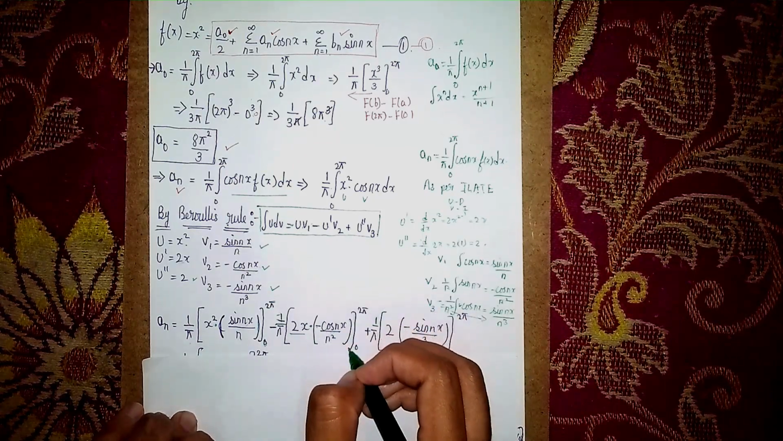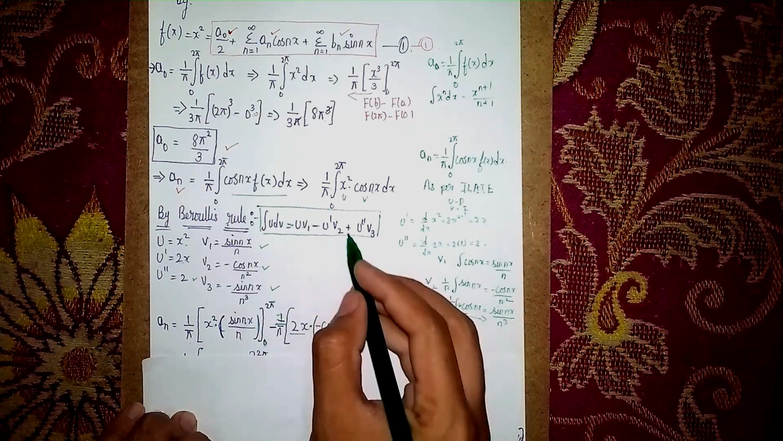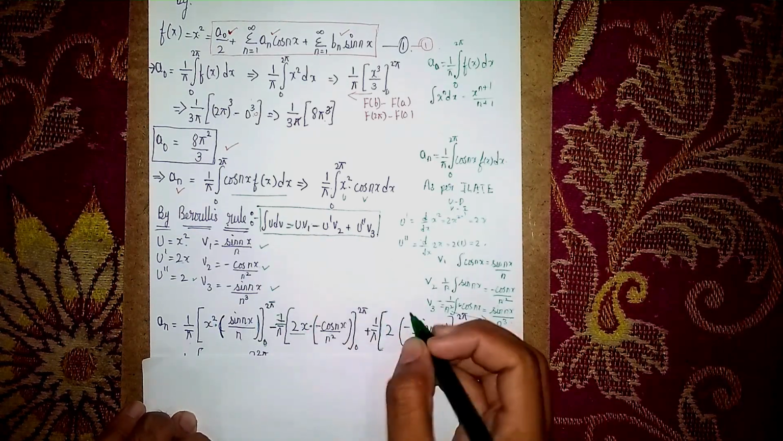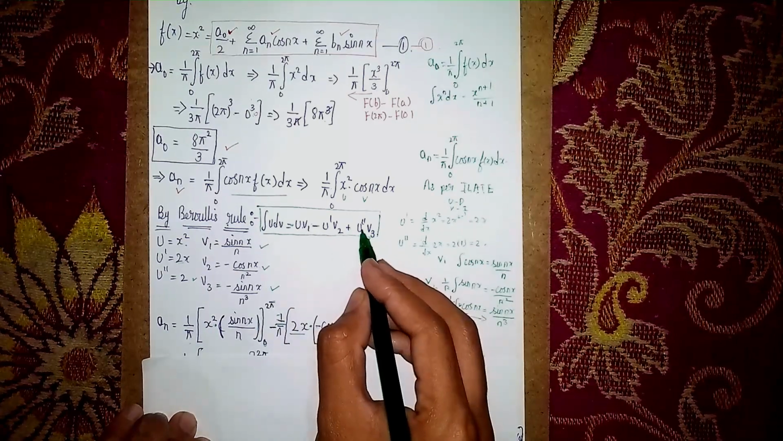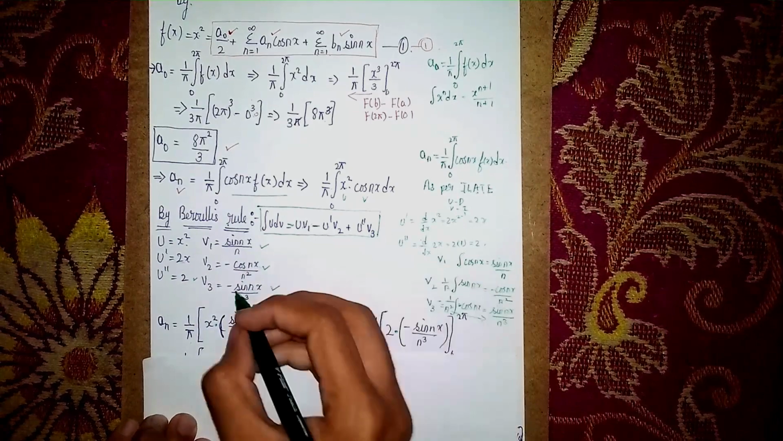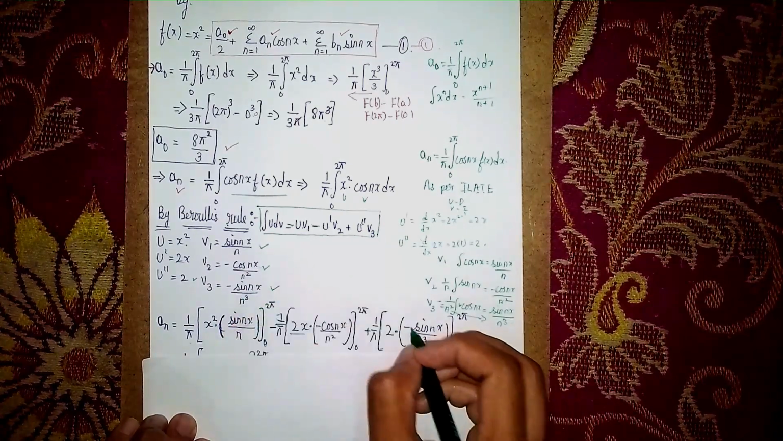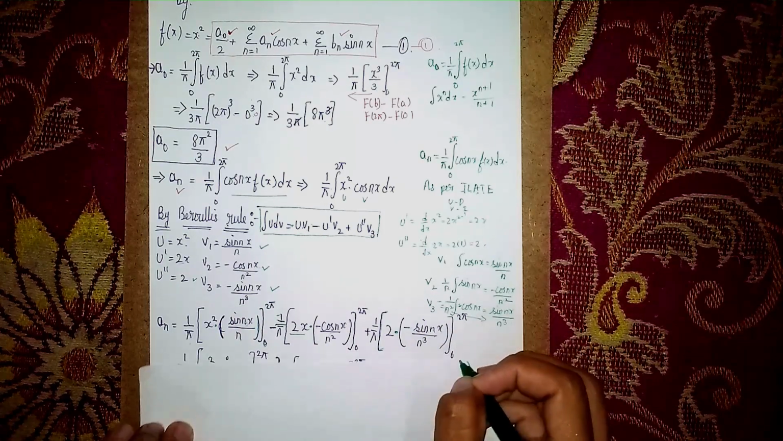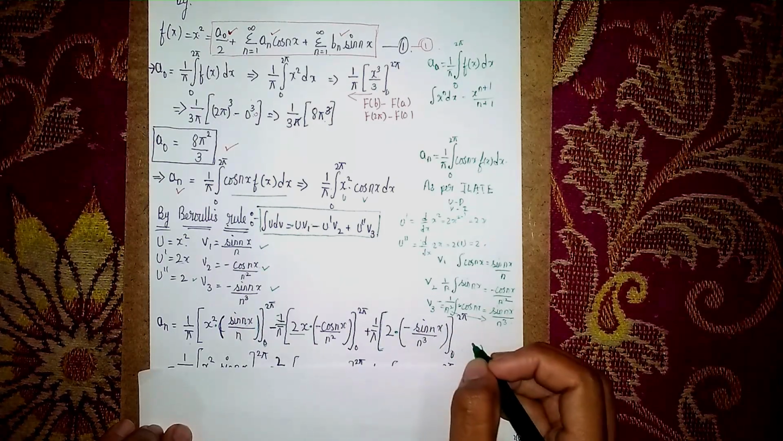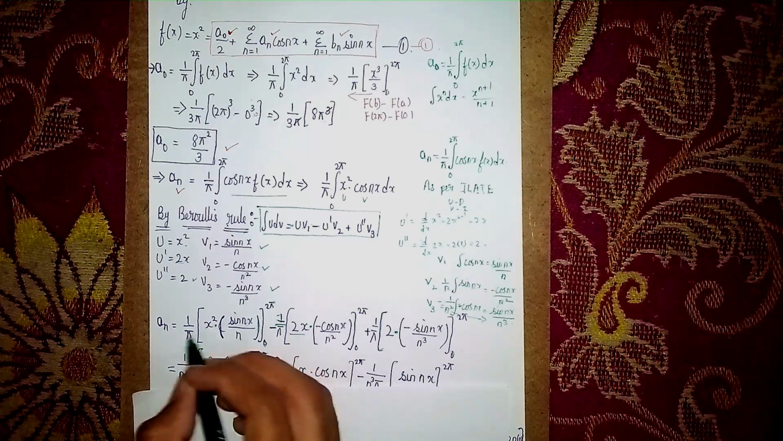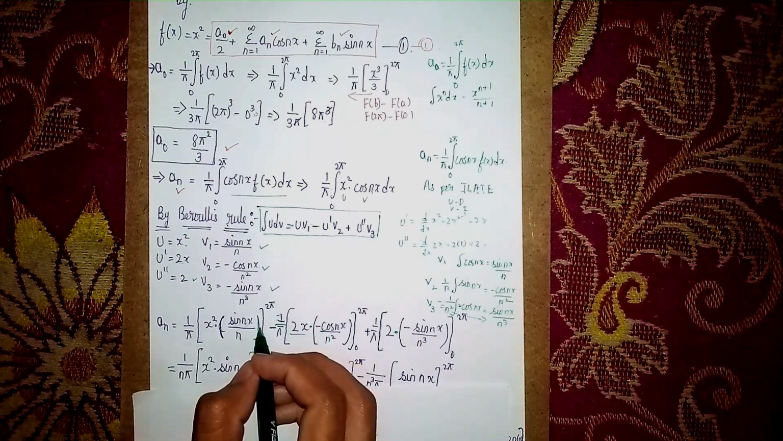Then close the bracket, 0 to 2 pi, then here plus of 1 by pi, then square bracket, then u double dash is 2 into, then v3 is minus sin nx by n cube, and just substituted here, 0 to 2 pi. Now what I will do, I am just taking n outside, and the signs outside,